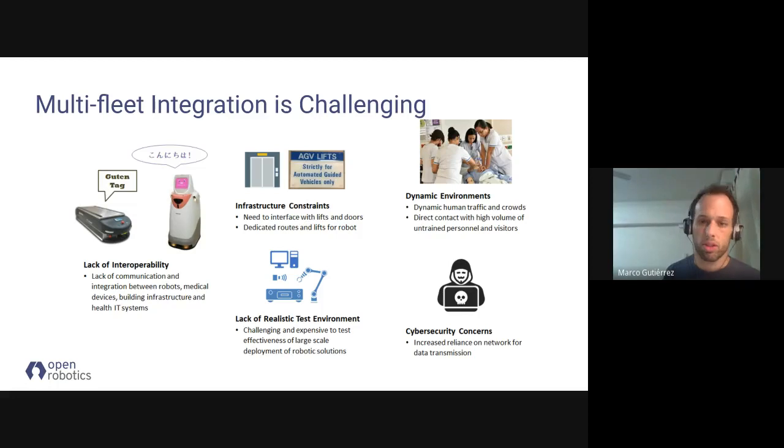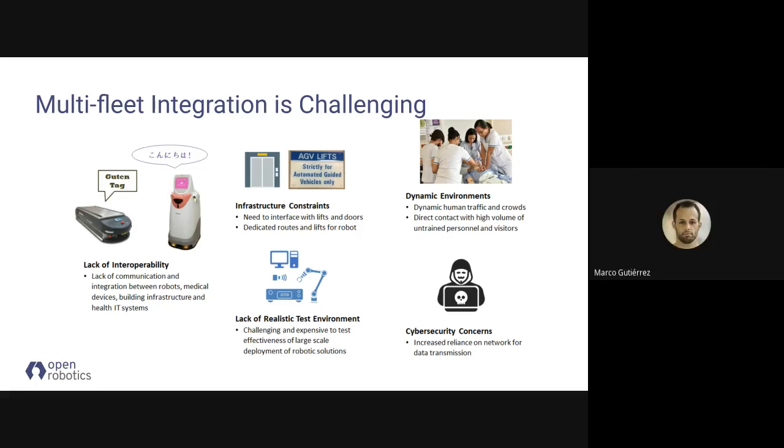There are many challenges with multi-vendor integration. One of them is the lack of interoperability. Robots, these fleets, might not talk the same language. There are infrastructure constraints because they need to share lifts and doors, and they also need to share routes around the place. It's hard to do realistic tests. So that is also something that becomes a problem because the places